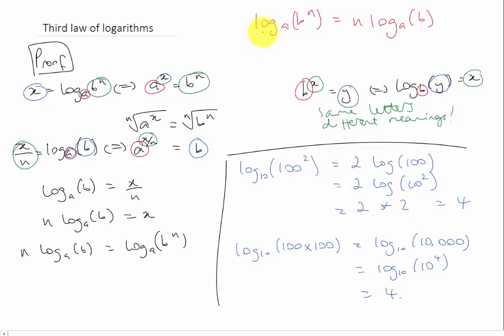So the log of b to the power n is equal to n times log of